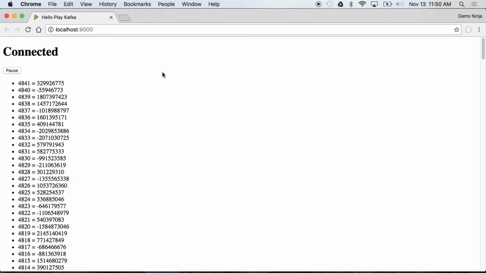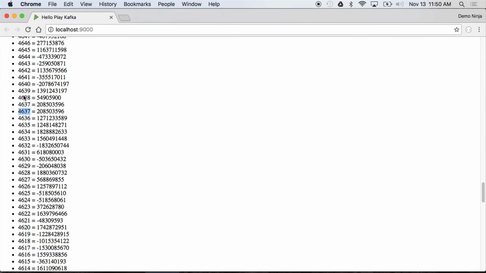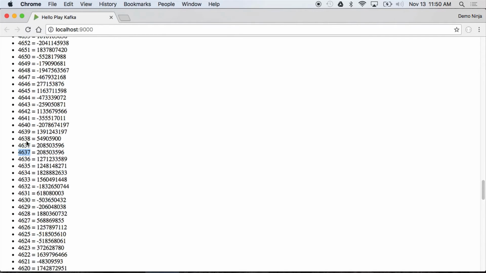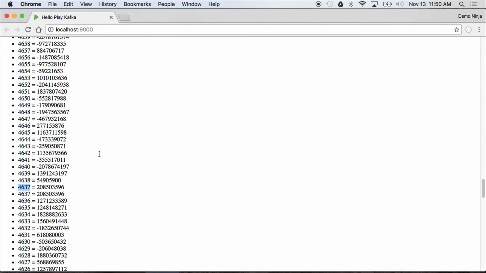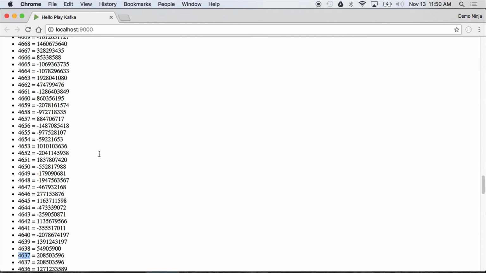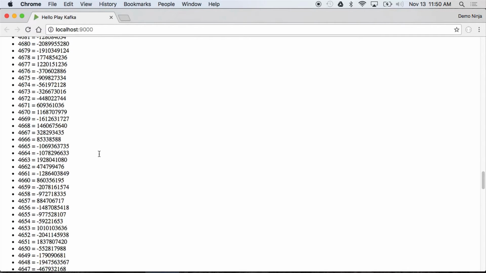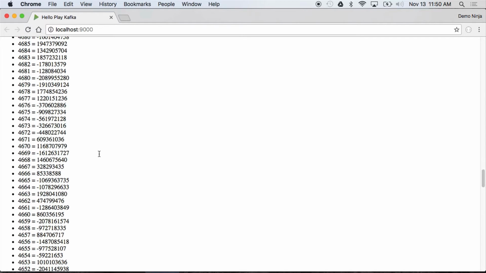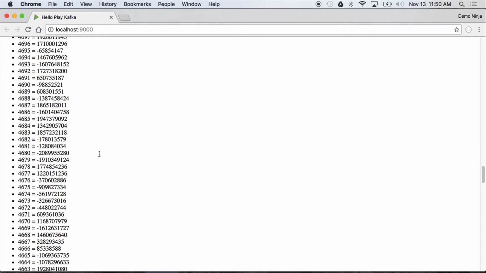The question was, there were two repeated numbers in the stream. If we look down and find that number, you'll see that there's that 4637 when I paused it, and we see that actually twice in the stream here. Why is that? That's just an artifact of the way that I had it resubscribe. I know my last offset that I read, and when I resubscribed, I gave it that offset, so that's where it started me. What I should have done is increment that number by 1 and say, I don't need that first record because I already processed that one. So yeah, good catch on that one.